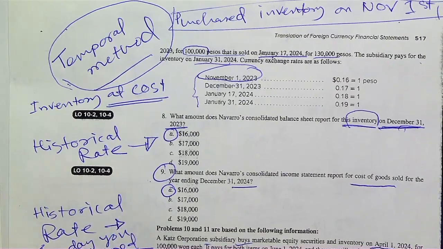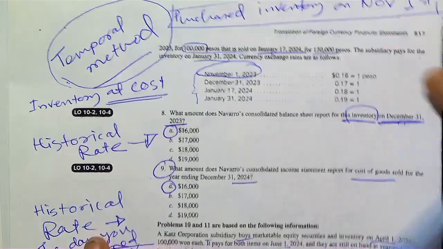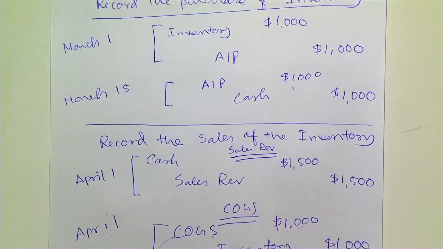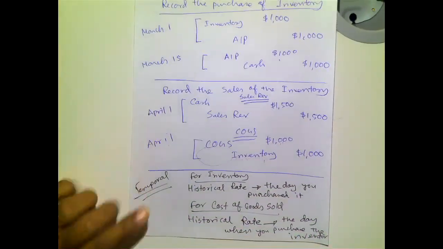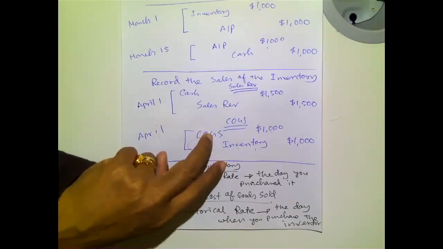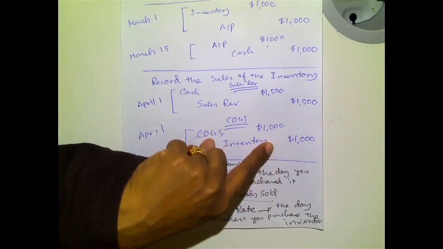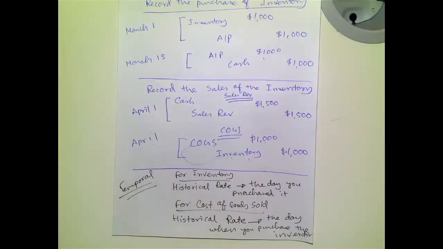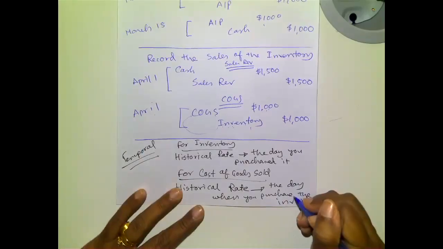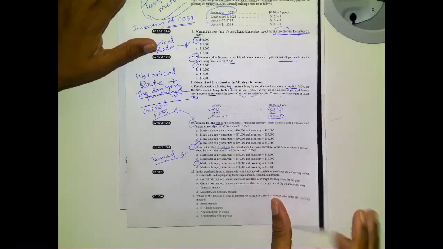Right. So here, 1 minute before we go, where is the note? I just did some journal entries. I think it's here. Yeah. This rate, that's what I wrote it here, Ari and Eddie. Look. When I'm doing the temporal method, both inventory and cost of goods sold are following the same number based on your cost. If it's market, it's different, but we'll follow the day when you purchase the inventory. Now, my question is here,